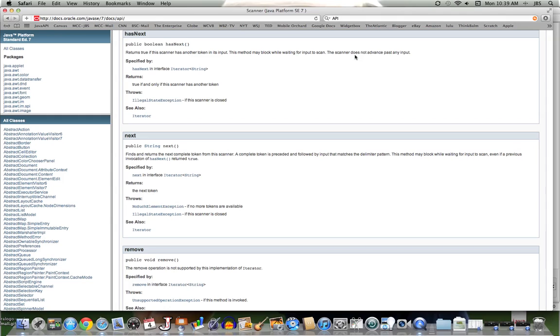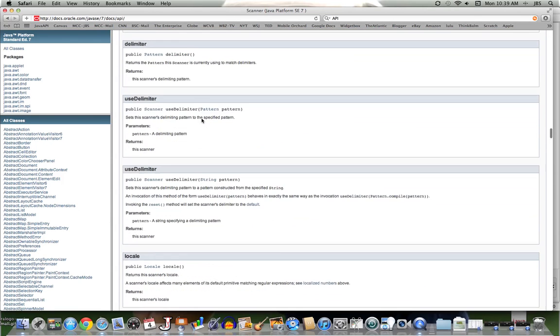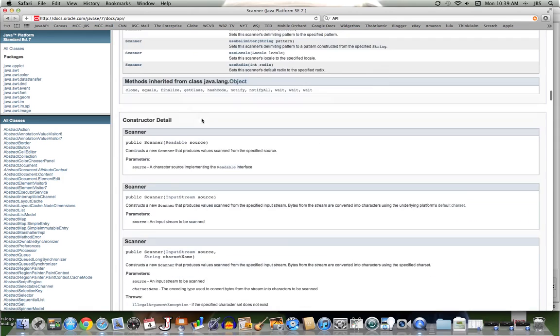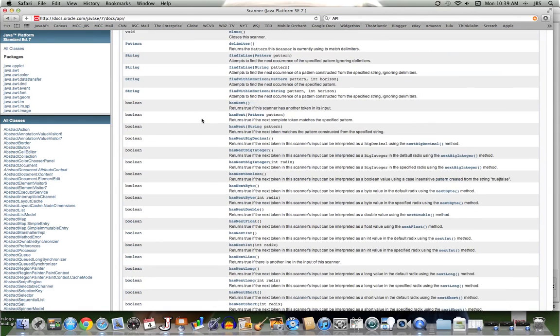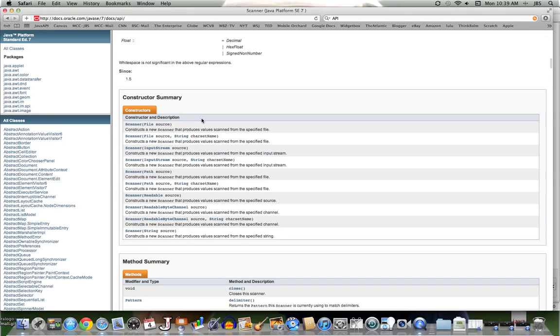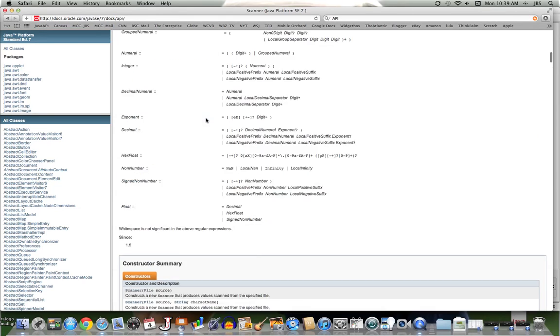Here's a little bit of description about it, how it's specified, what it returns, any exceptions that it might throw, and if there's something that we should look at, we see a link for "see also." Now, every method within every class has this documentation. The documentation that we just looked at was for a method within the Scanner class that comes with